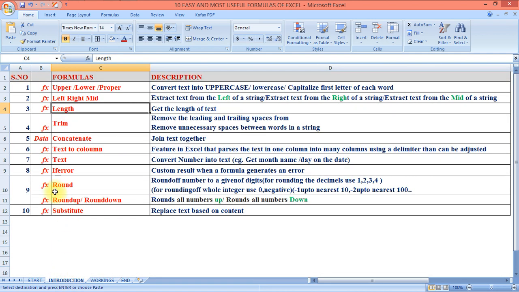Now a third is trim. Trim is to remove the unwanted, unnecessary spaces between a string. Suppose you have written a text in that you have unnecessary spaces in between, in the starting or in the end, and it is very unorganized, and you want in a proper way. So how will you do?